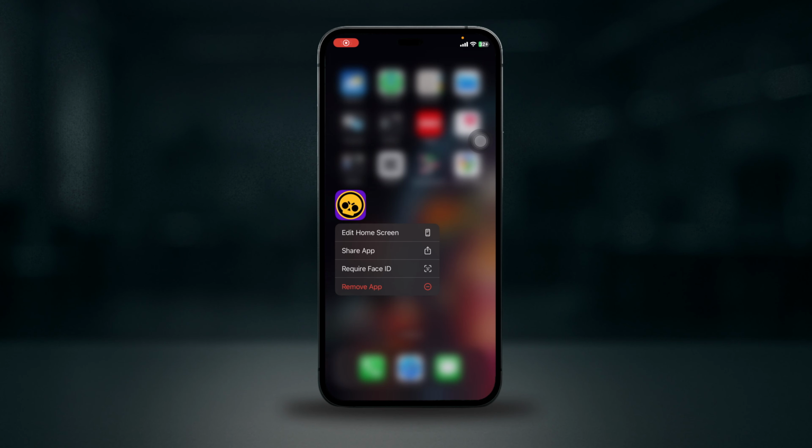Everyone, welcome back to another YouTube video, and in this video I'll be showing you guys how to fix Brawl Stars login loop problems. If Brawl Stars keeps looping back to the login screen, this is usually a sync or